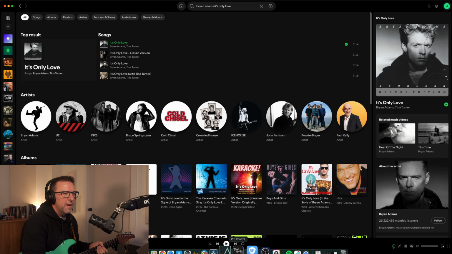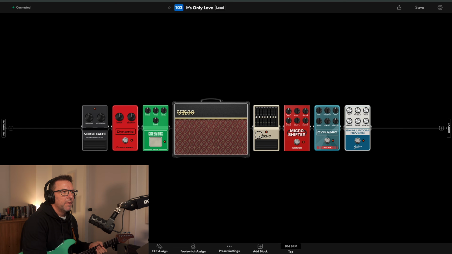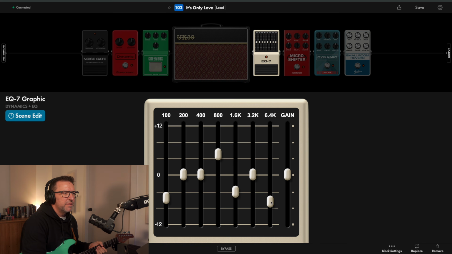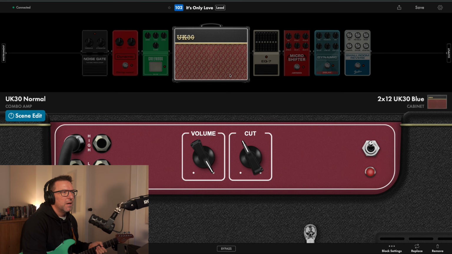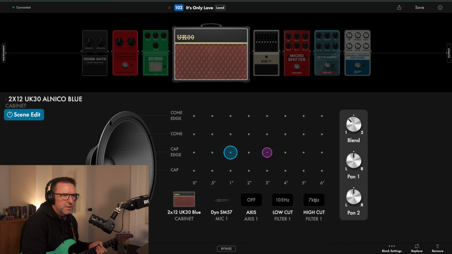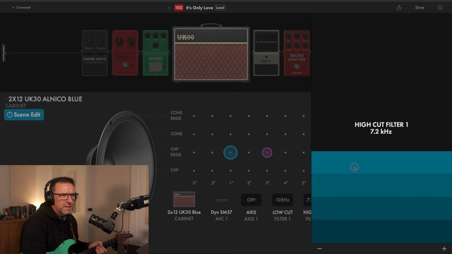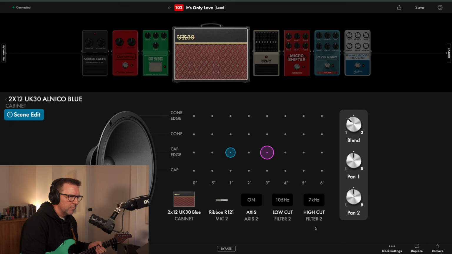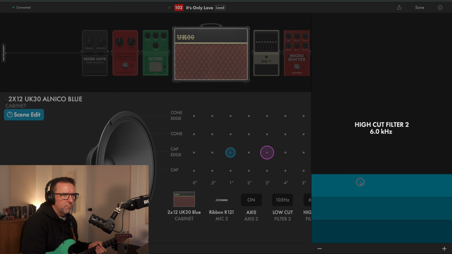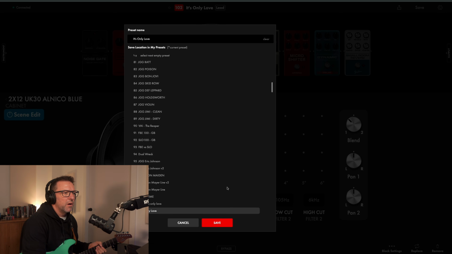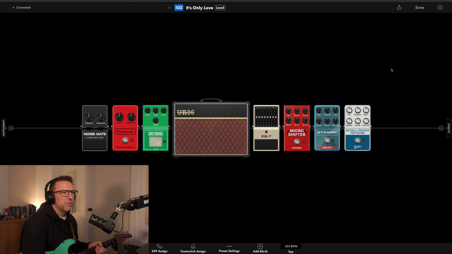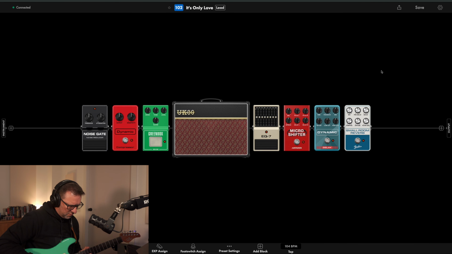Probably a little bit bright. I reckon I can take a little bit more out of this. I might do it at the speaker level though. So if we've got a high cut here of 7, I'm going to take it down to 6. That way we're not getting any extra audio information into the sound.